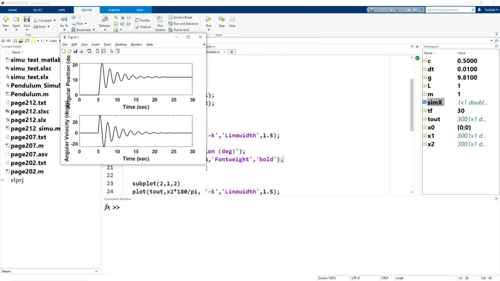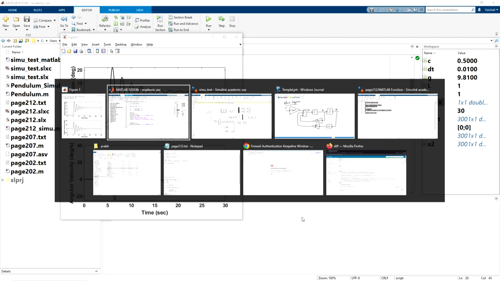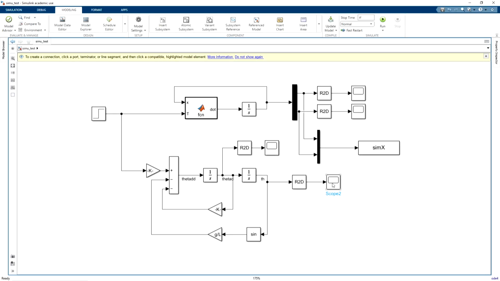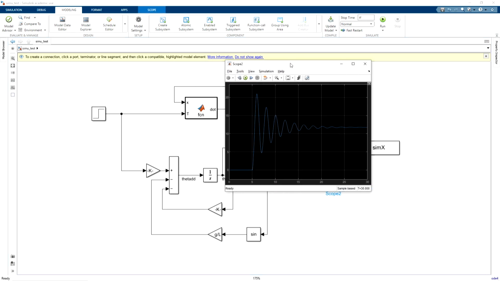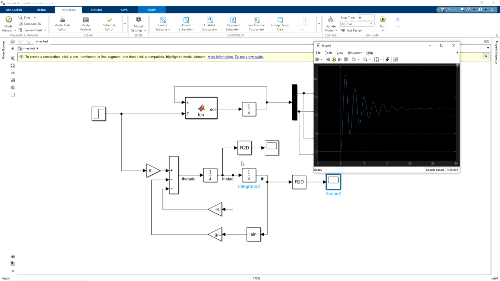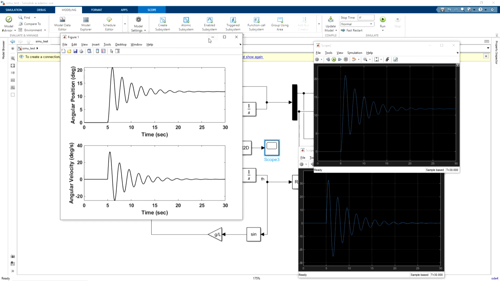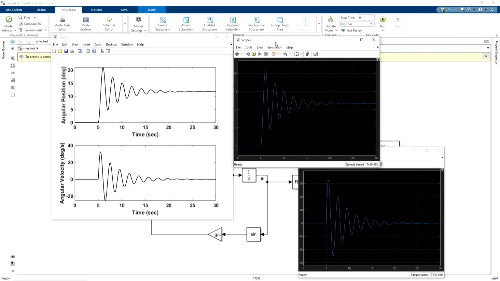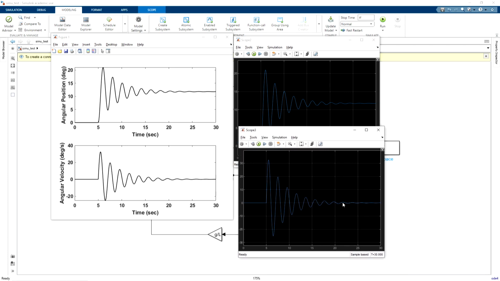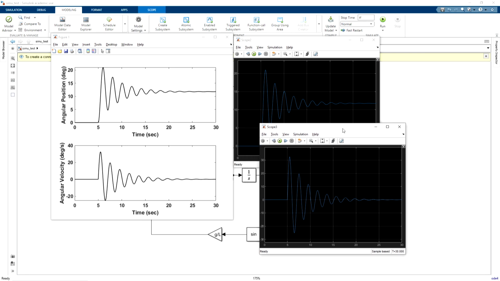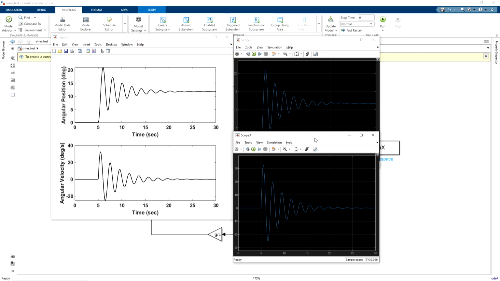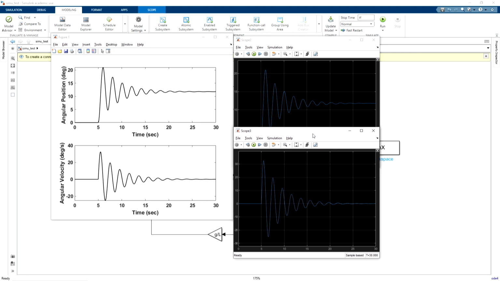So here we have again angular position and velocity. Let me go back to Simulink model. Let us see, are we getting similar response? And this is the angular position and this is the angular velocity. All right. Yeah, so we get almost similar response with this block diagram methodology for angular position as well as angular velocity, which is going towards 0. So you can use various methodologies to plot the response for y with respect to time.